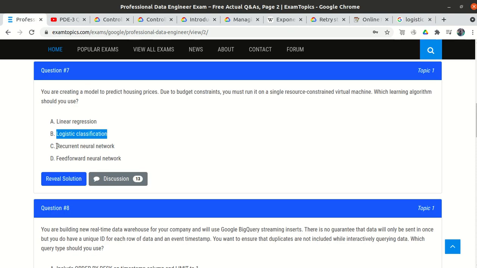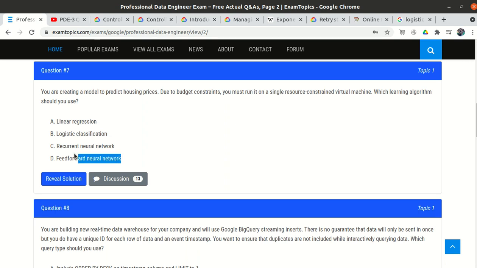The third option is the recurrent neural network, and the fourth is the feed forward neural network. We will not use the third and fourth options, because when we apply a neural network we need very high compute. We create many layers, and we need CUDA, maybe GPUs.